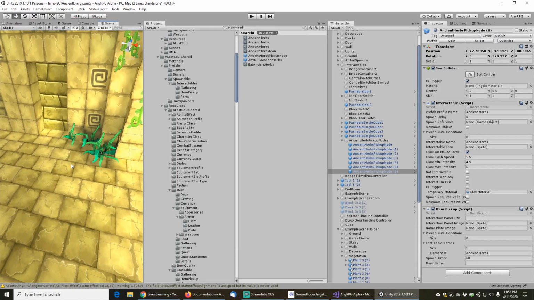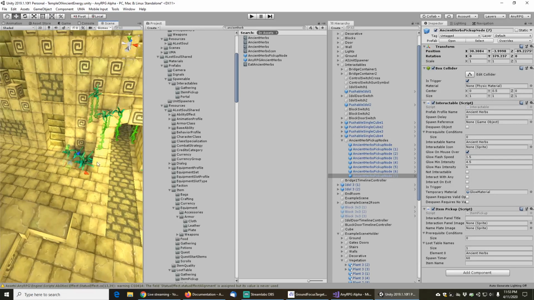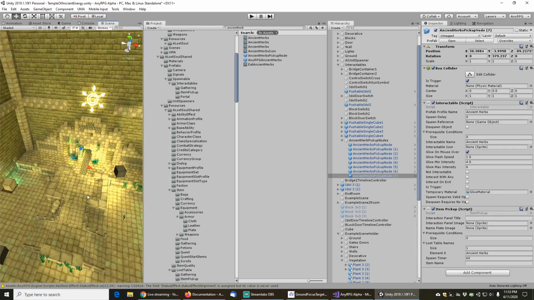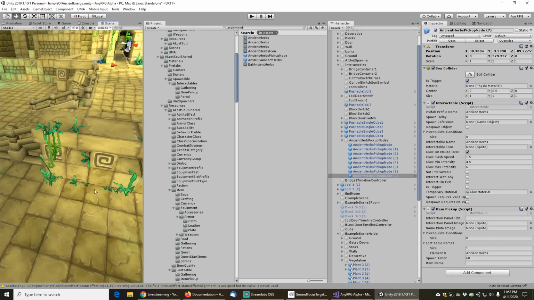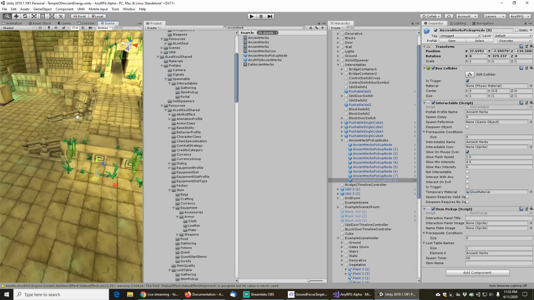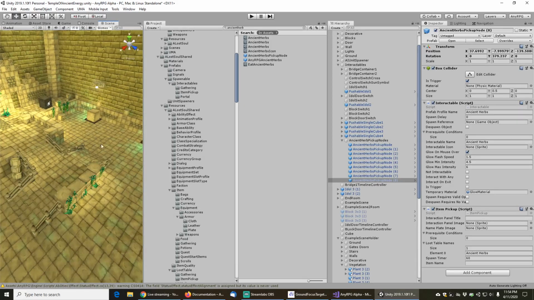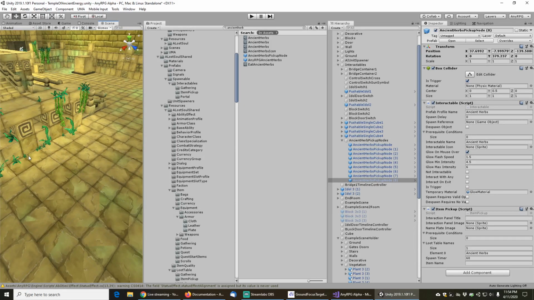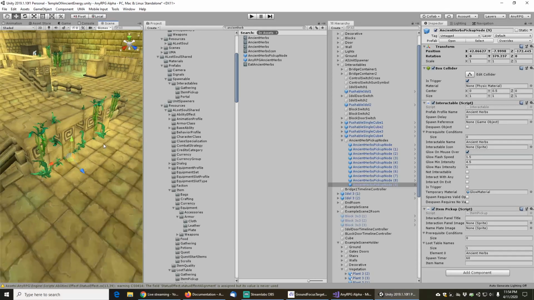Middle click on the ground, Control D, Control Alt F. Have one over in that patch of plants, and let's see, we got some more plants hiding out down here, so I'm going to middle click on the ground, Control D, Control Alt F, get some more plants there, and put one over in this bunch, middle click, Control D, Control Alt F,